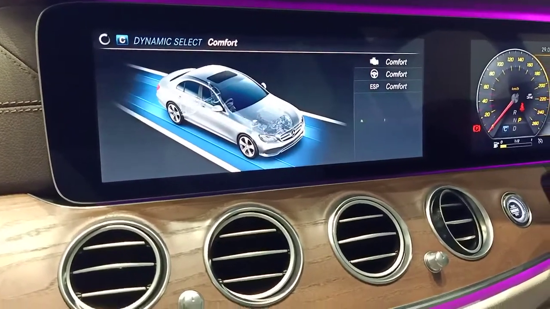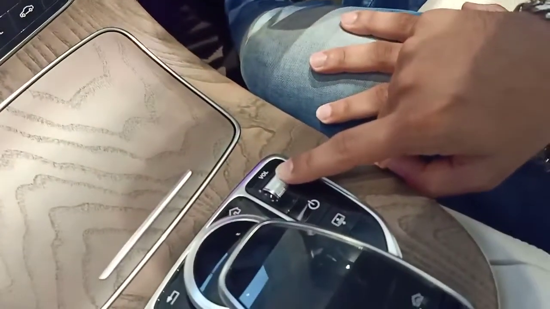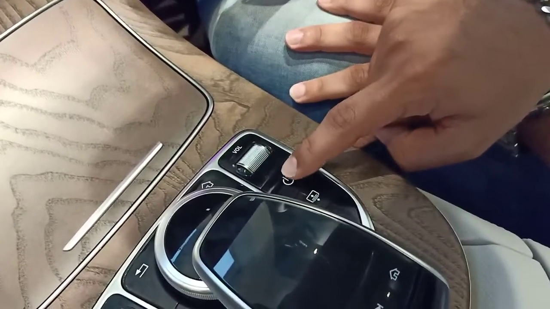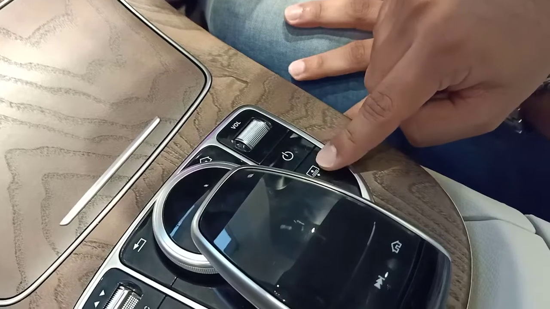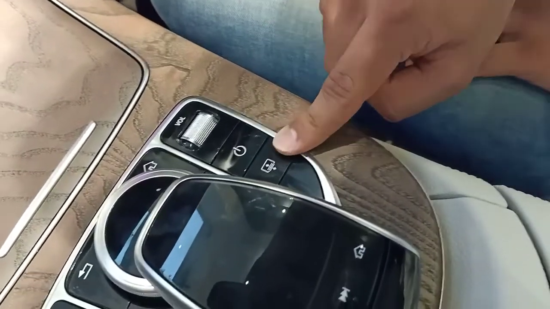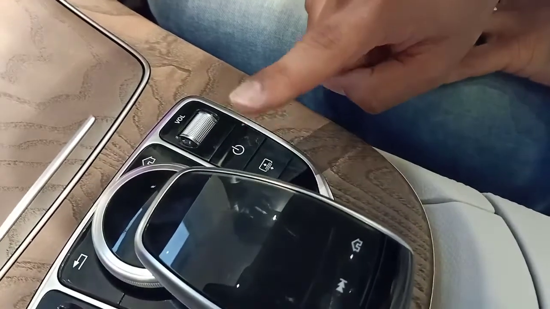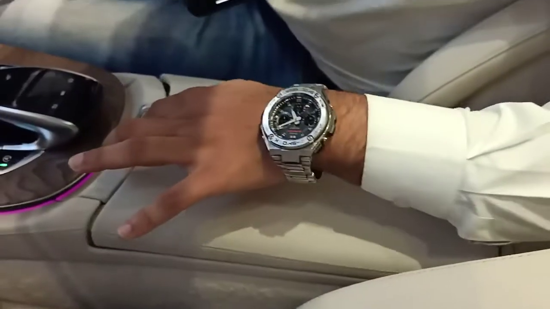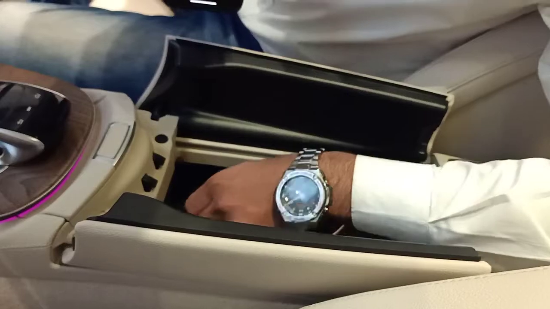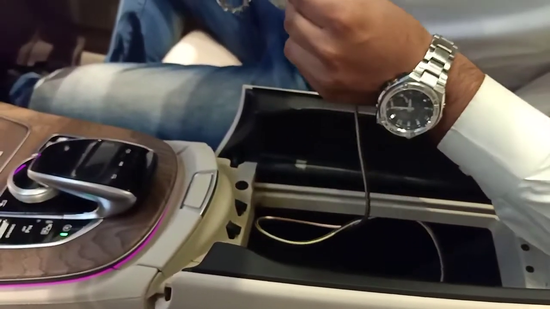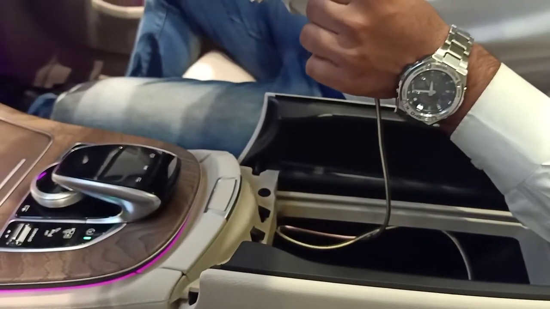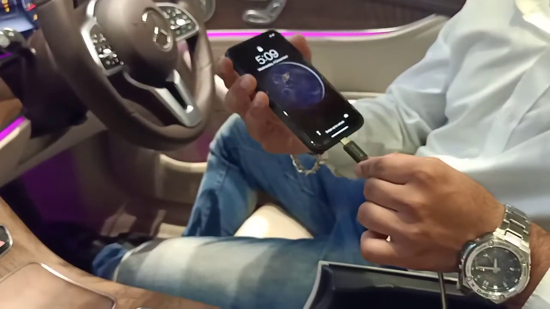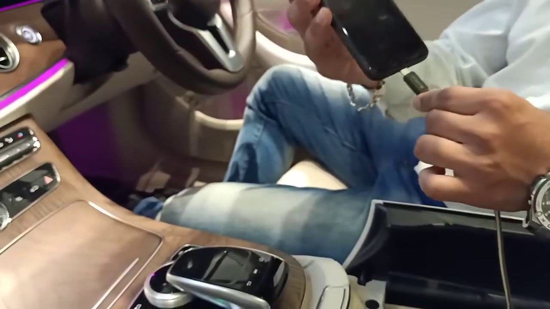We've got a volume button here as well, in which the volume can be raised or lowered. And we've got a button to switch off the entire central screen. And we've got a button to lower or raise the rear blinds that will be showing you in a bit. Now we will be demonstrating Apple CarPlay to you. So there is a slot in here for Apple CarPlay or Android Auto. So here we are using an Apple phone. So all you have to do is plug in the cord into the Apple phone.